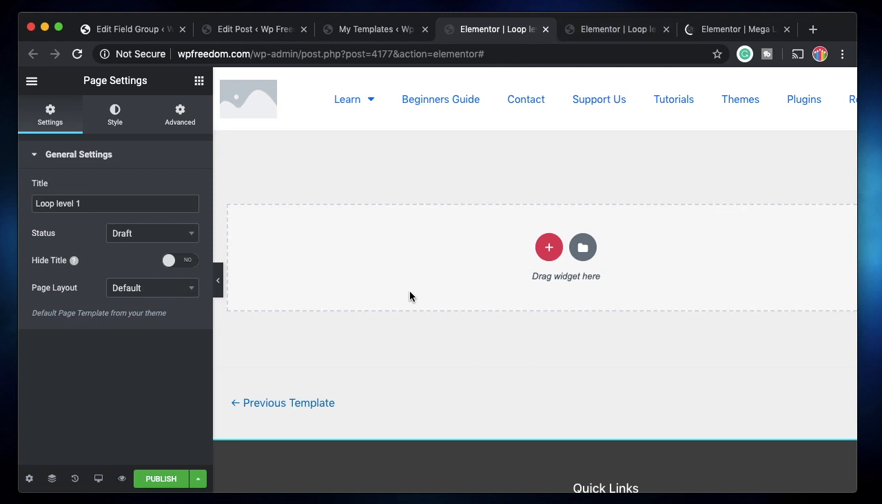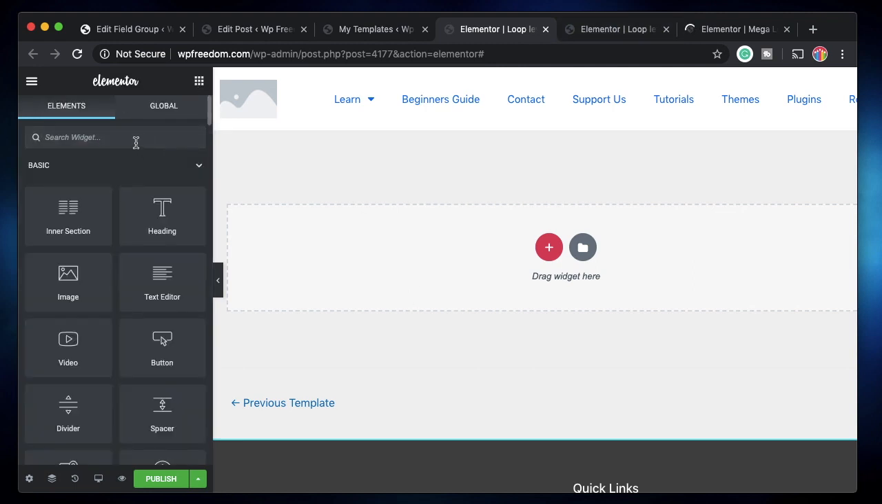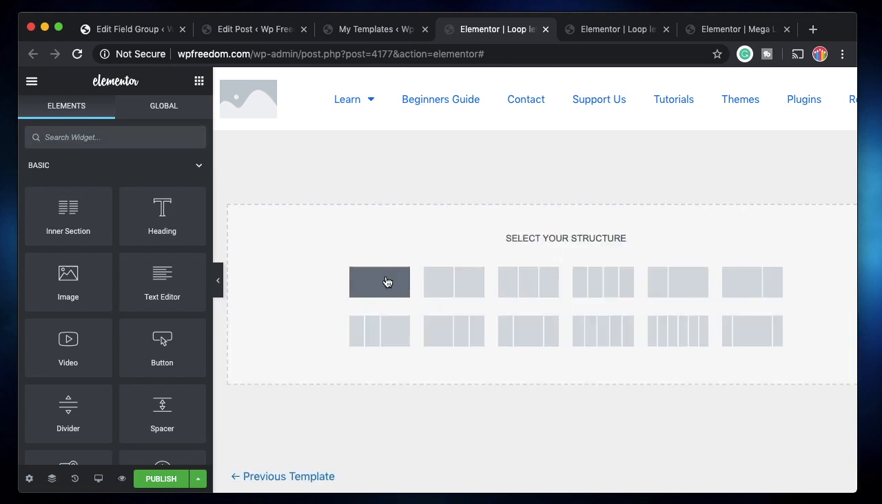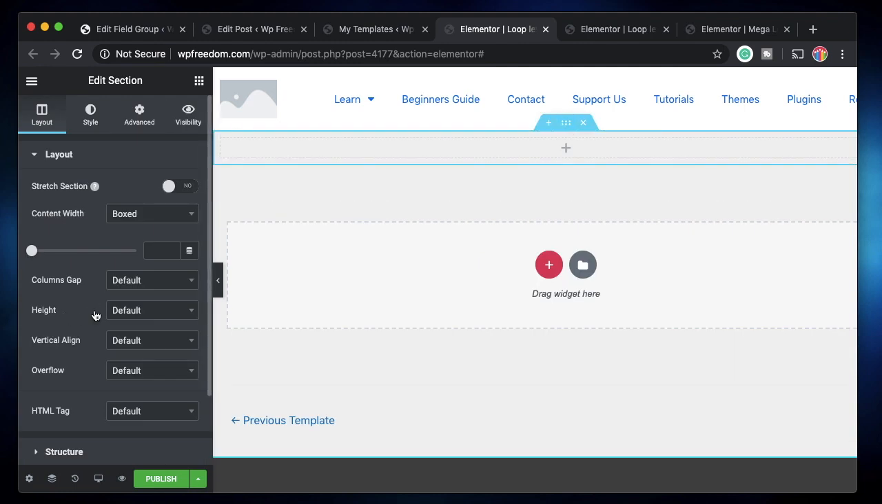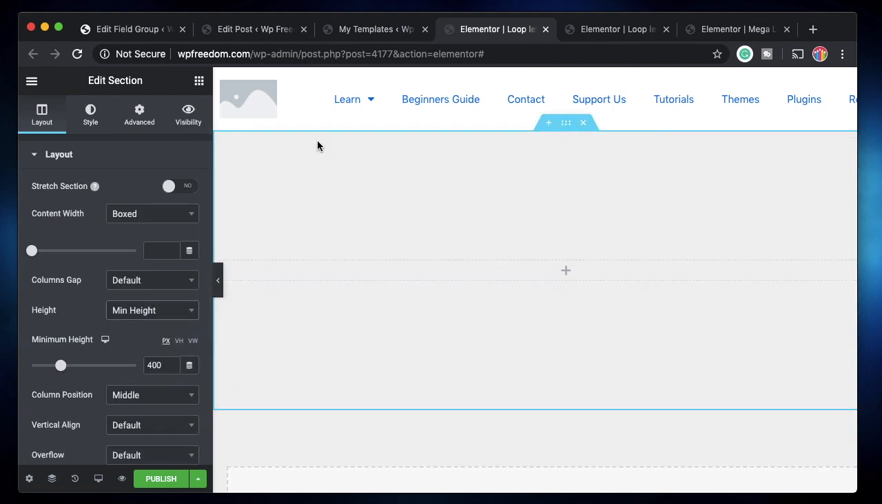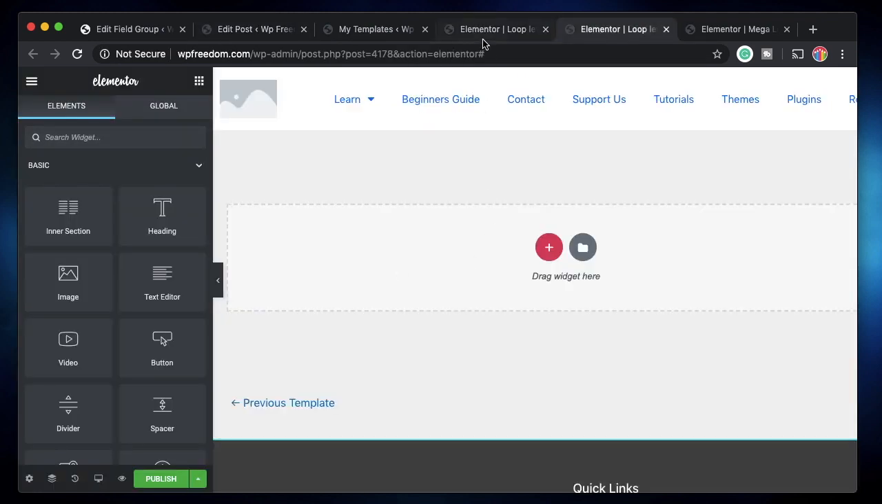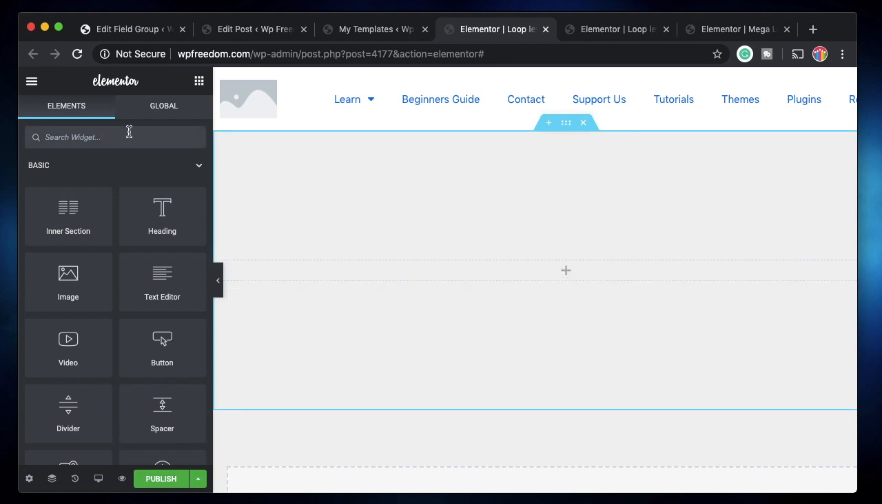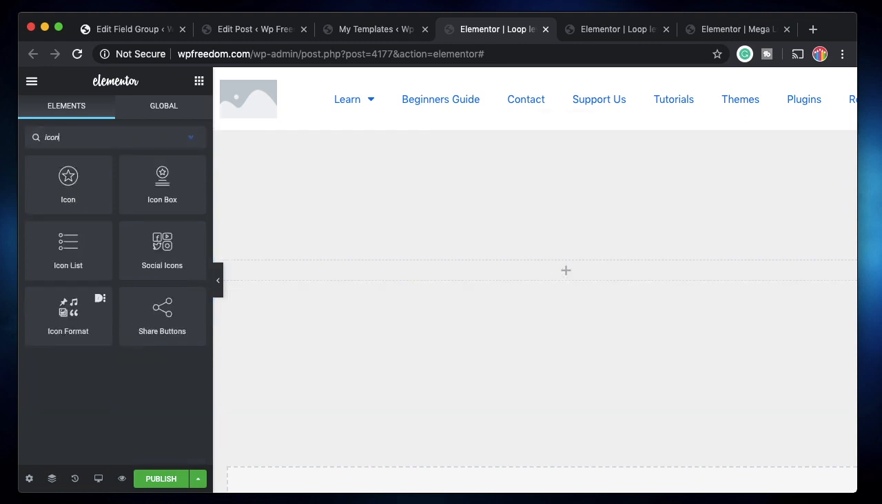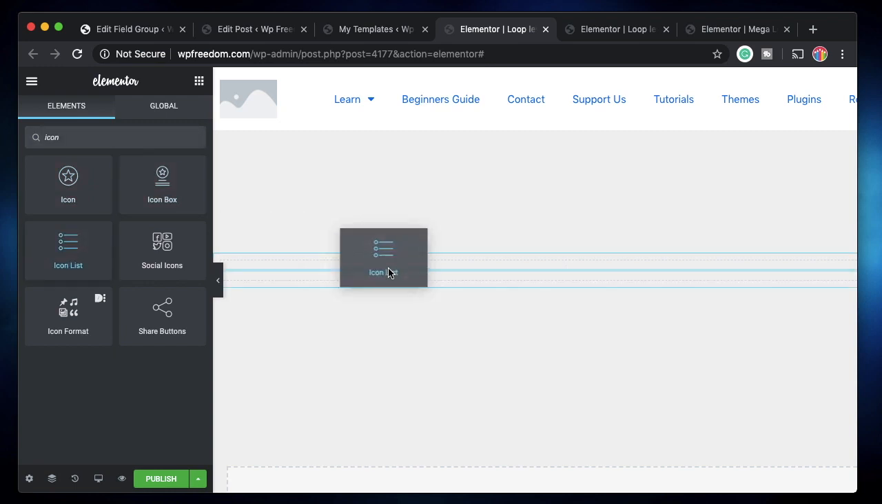So level 1 loop is for the book data. So we're trying to get repeater fields. So this should not be a repeater but a template with dynamic tokens. So I'll just click on this, create a section with a minimum height of whatever, and since we have three variables here, title, units and price, I'll just create or show them in the form of an icon list. I'll just click this, I'll search for icon list widget, I'll just click on icon list, drag it,